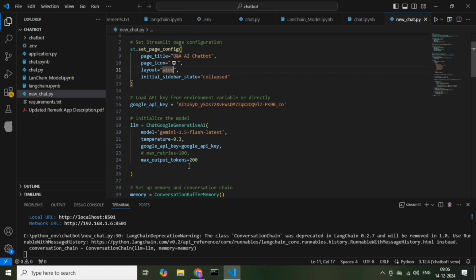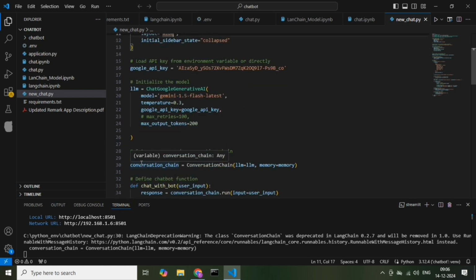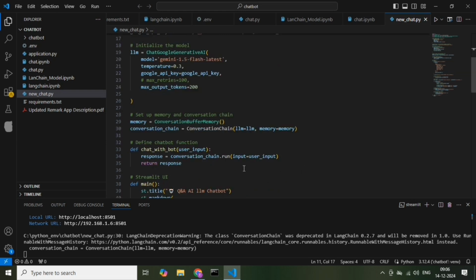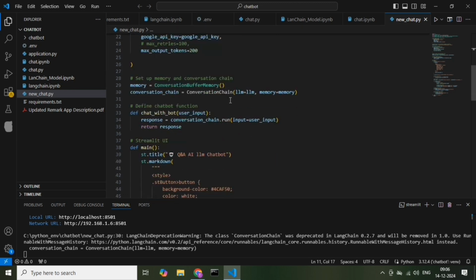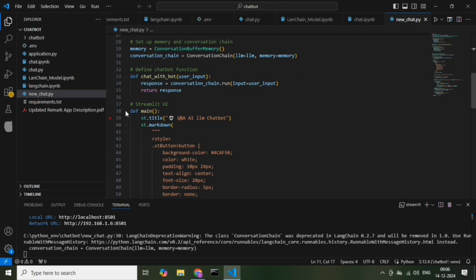Then I have added the memory, conversation chain. I have added LangChain, LLM, and memory. Then I have created a function that will take the user response and send it into the LangChain conversation chain. Then we will return the responses. And then I have created the Streamlit UI. I have mentioned the style